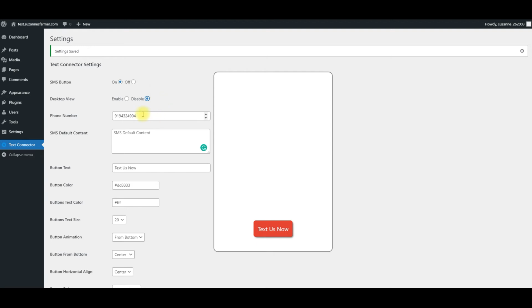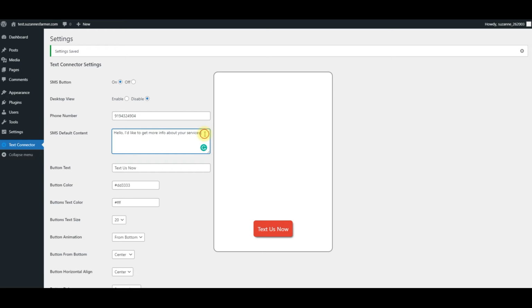Okay, I've put in a phone number here. That's where the text will go. And then what you want to do in this window here is just to put in some kind of default content. So you could do something like this. Hello, I'd like to get more information about your services.